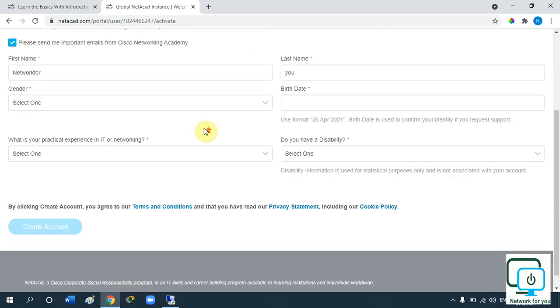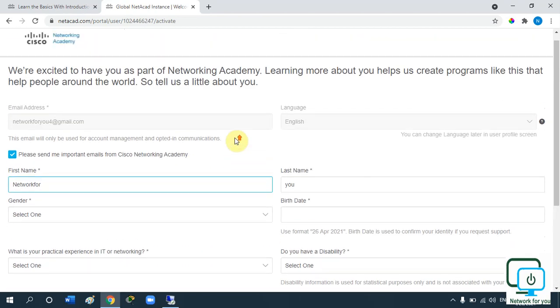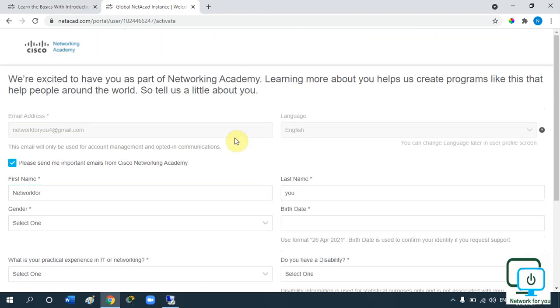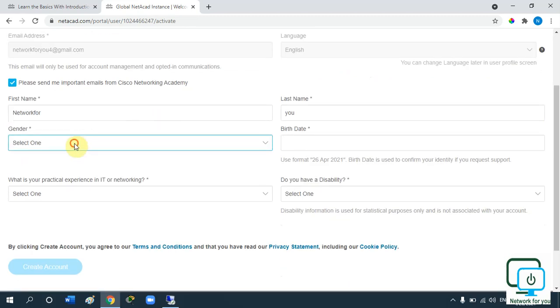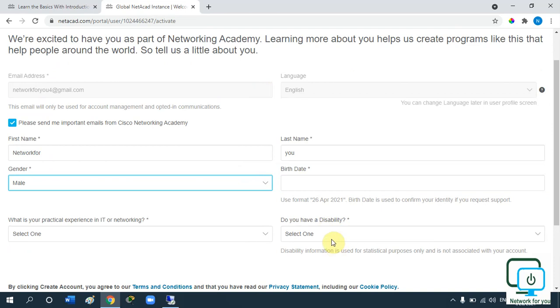When I log in, they give me the form again. Let me revise what I am doing. First of all, we fill the form. After that, we get the email in our email ID. Just click verify, and whatever username and password you keep, email ID and password, put that one. You will get the verification. You will log in there, and they will give you the form again. So you can select here whatever you want to fill.